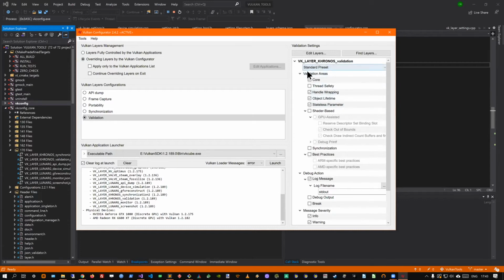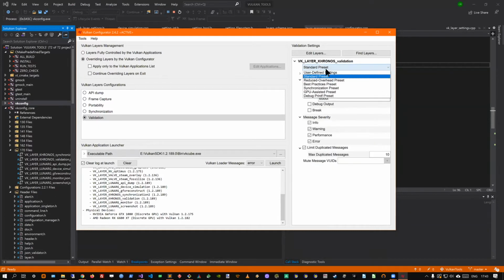So we have one which we call the standard preset, but we have others. For example, there is one for synchronization validation, and we have one for best practices.